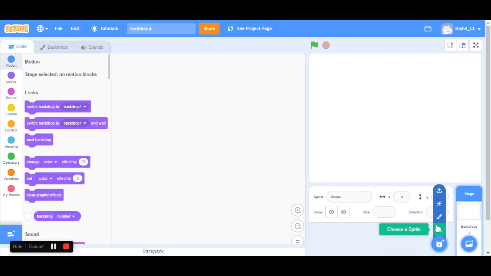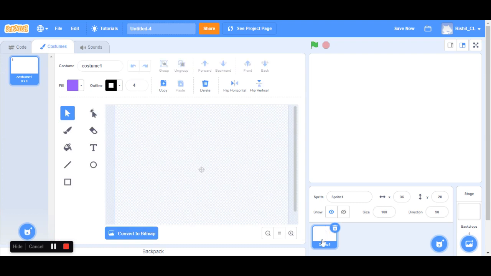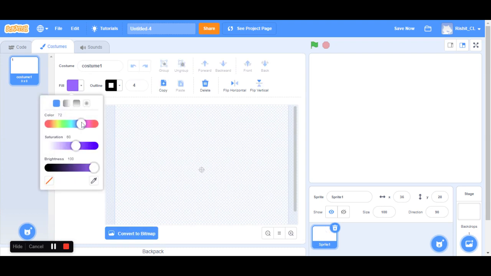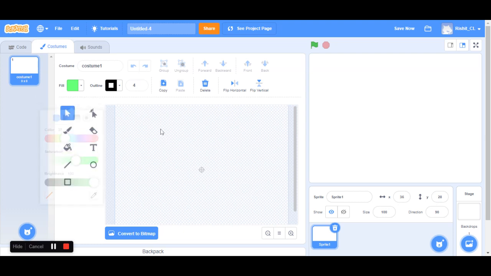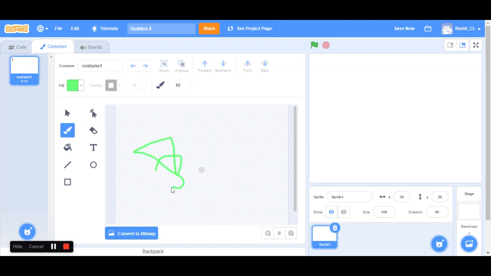Then over here it says even something called paint. So you could paint your own sprite and choose any color you want. Like over here you have paint. So you can choose fill color of any sort. Like I wanted a green character, and then do I want a line? No, I'll take a paint. Then I could start painting however I like. Then if I want, I could change the size even. Like I don't want a 10, I want a 25.